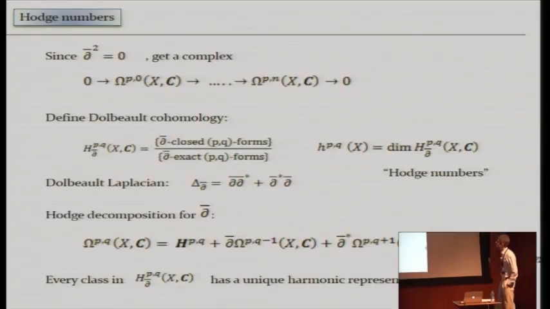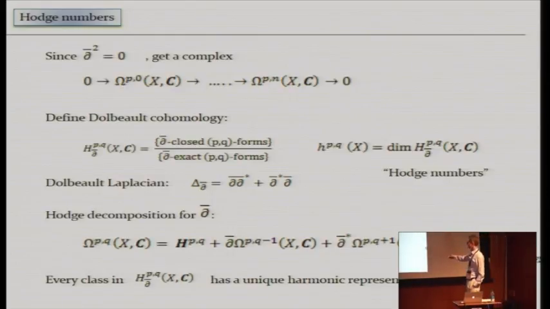And again, you can write down a natural inner product on the space of complex differential forms and use that to define an adjoint. And then we can construct a Laplace operator, which is called the Dolbeault Laplacian, which is del bar dagger del bar plus del bar del bar dagger. Again, that's a Laplace type operator. And there's a Hodge decomposition for del bar. So any (p,q) form can be decomposed into a harmonic piece, harmonic with respect to this Dolbeault Laplacian, plus an exact piece plus a co-exact piece. And now, thankfully, I got the index right here.